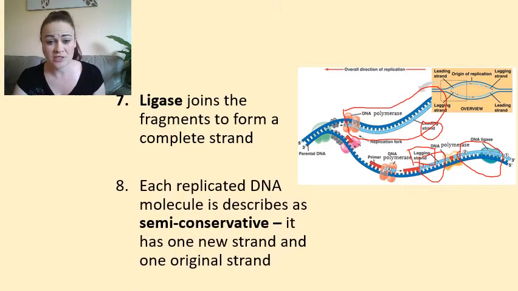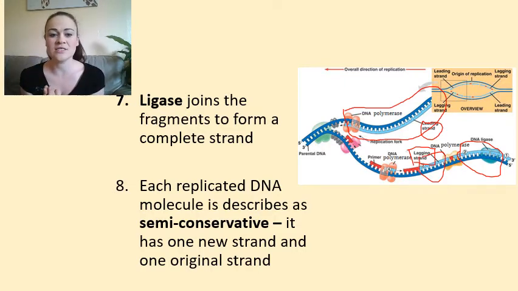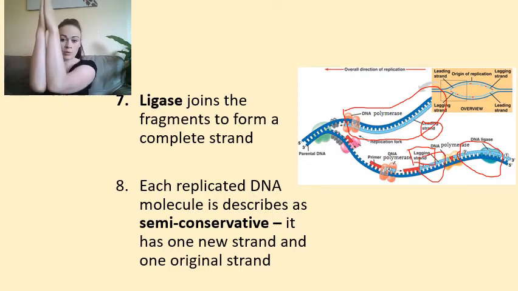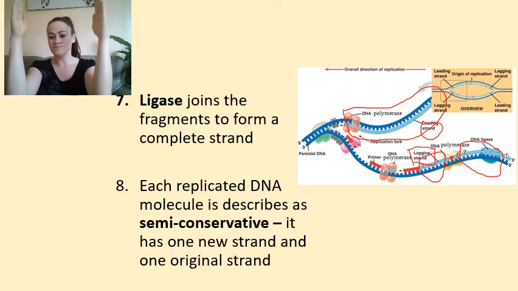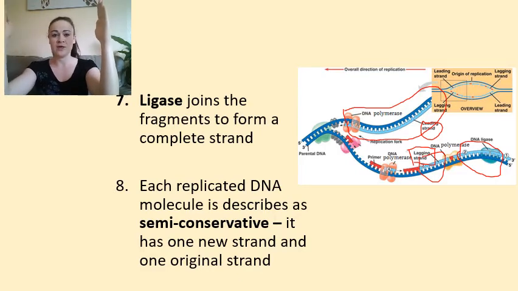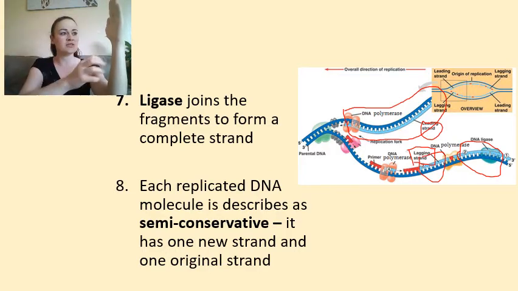Now, this leads us to our final thing about replication of DNA, the actual process here, is that we say that DNA is semi-conservative, because if you've got your one original strand of DNA, double strands here, and then it separates, this is from the original strand of DNA, and this is from the original strand of DNA. It's conserved, it's passed on to the new strands, because this side will make our new strand here,